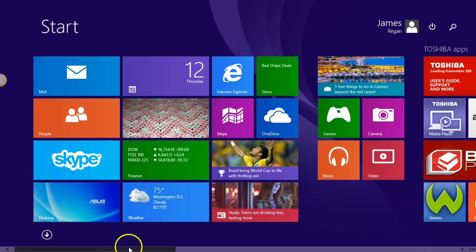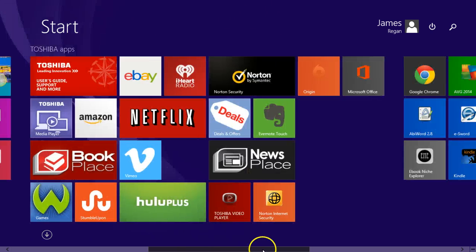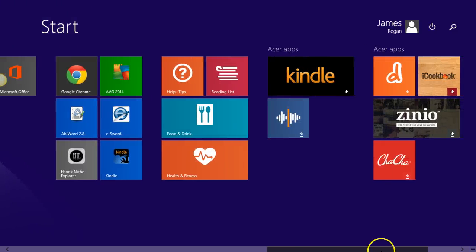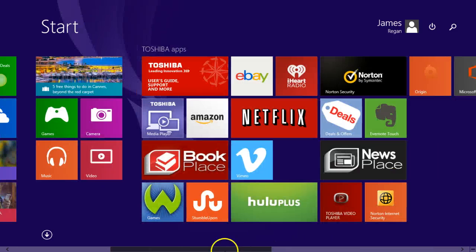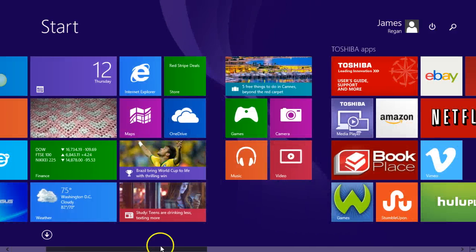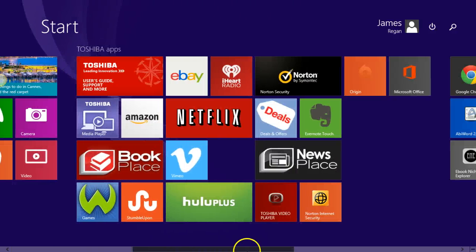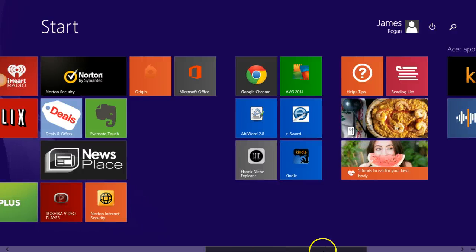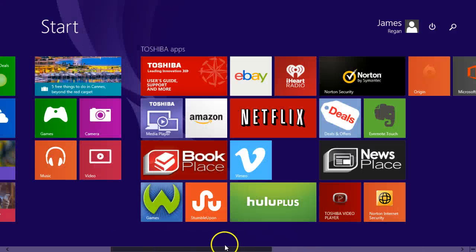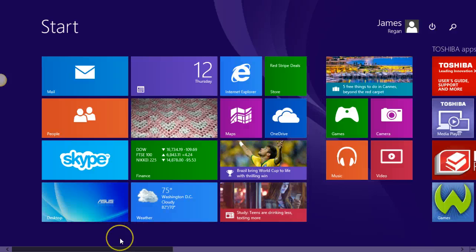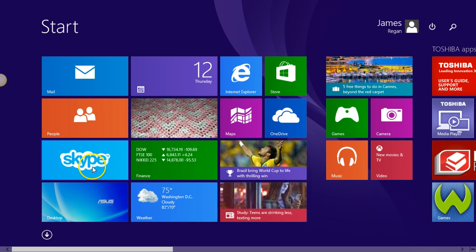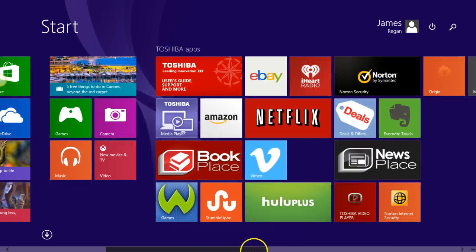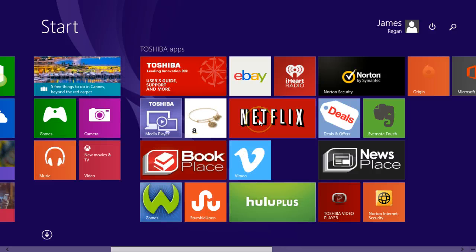As you can see, I place my mouse over here, I left click and pull, and I can slide that bar, and all my programs this way. They're trying to do these little tiles, and each one of those icons is like a program or access to something else. Like here you can go to Skype, which is like a telephone on the internet with visual, where you can actually see the person you're talking to. Here's Netflix, where you can go and watch movies. eBay is where you can buy stuff.